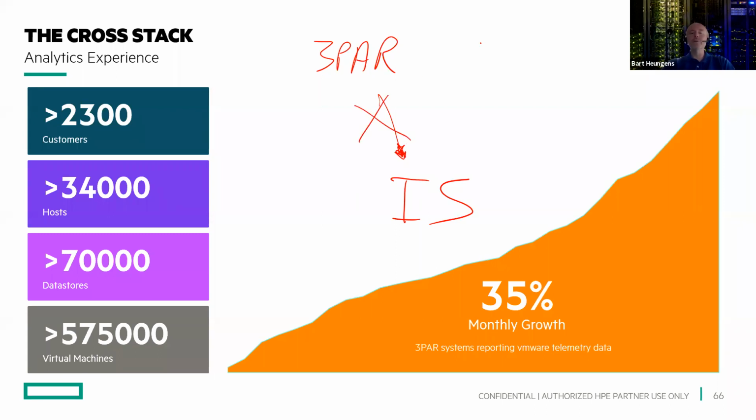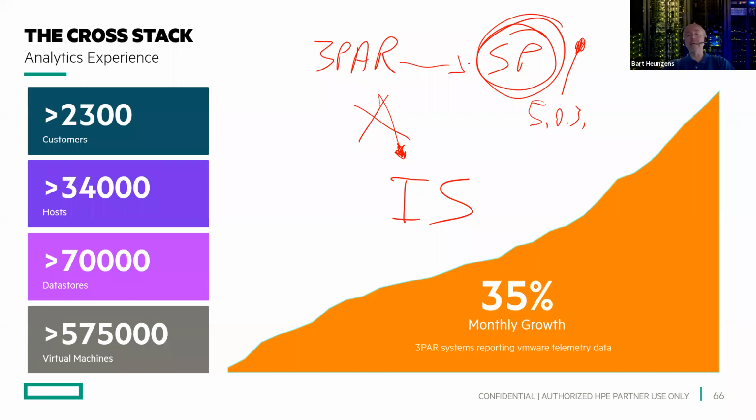No, what did we do? Every Tripar has a thing called a service processor. And so the only thing that we needed to do is update that service processor to a specific version, if I remember well, 503 or something like that. You can find the information on infosight.hpe.com. And by the way, on my blog as well, because the article is there as well. But when you updated that service processor, by the way, all online, no performance impact,